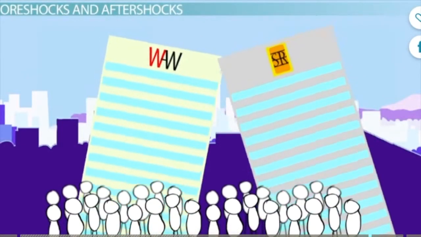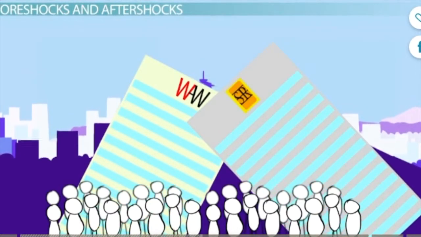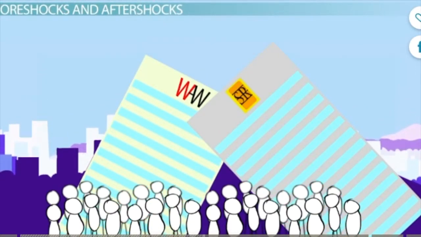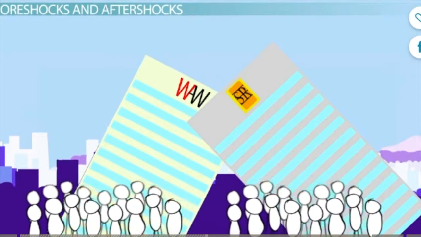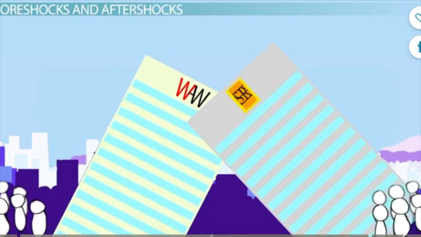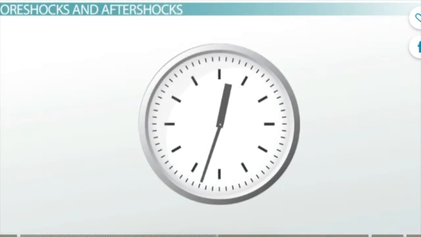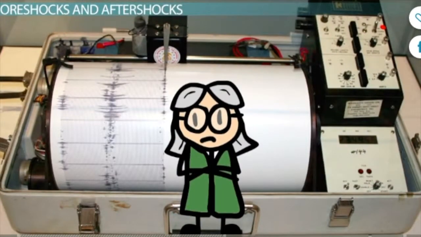Aftershocks are sometimes just as hazardous as the main quake itself. In fact, aftershocks may be so strong that they're stronger than the main quake. When this happens, the aftershock will be renamed as the main quake, and the main quake will be considered a foreshock. While foreshocks occur around the same time of the main quake, aftershocks may not occur until days or weeks later. Aftershocks are fairly unpredictable.